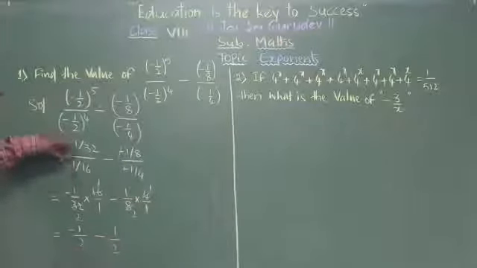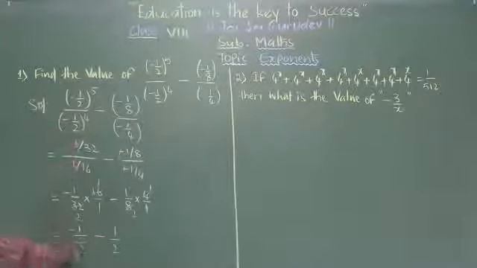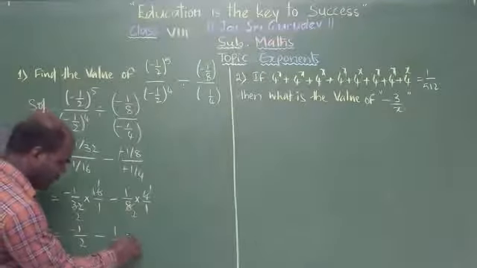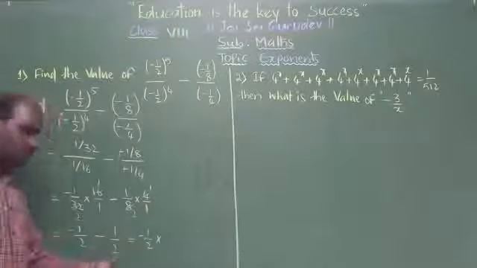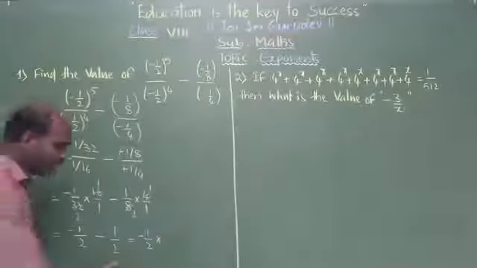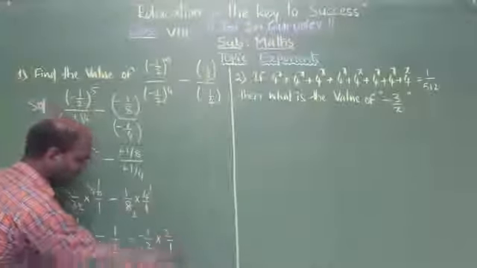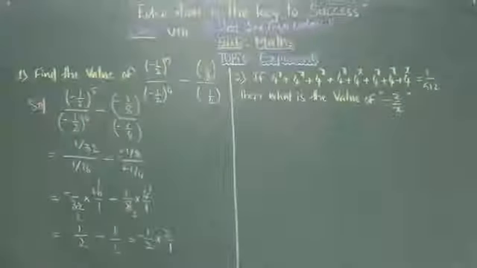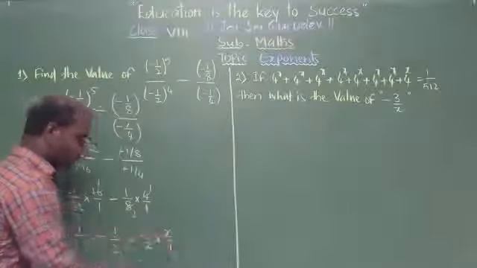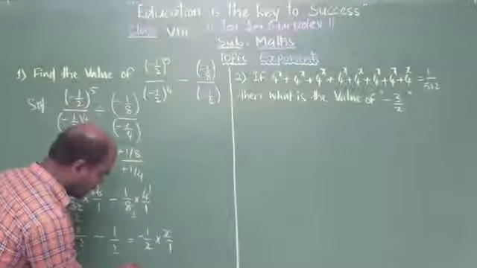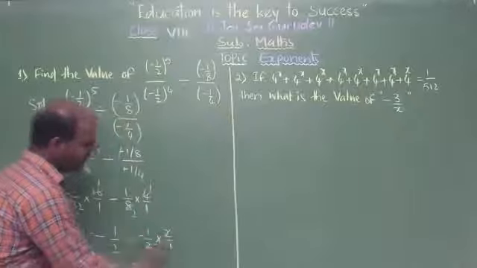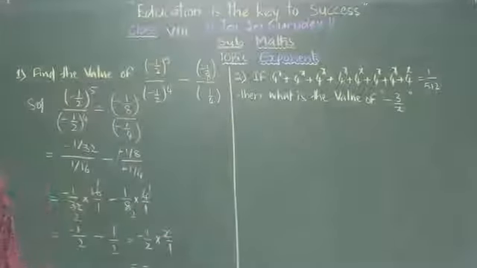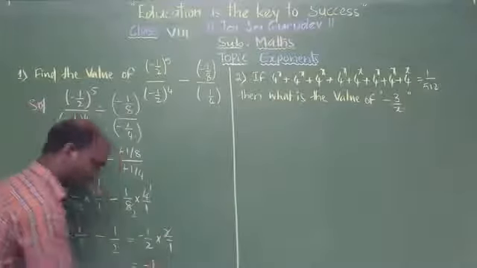So like we did before, here also we do the same, children. That equals minus 1 by 2 into the reciprocal of the second fraction, 1 by 2, which is 2 by 1. Then the 2s cancel, giving minus 1 ones are 1 divided by 1 ones are 1. So 1 by 1 becomes 1. They should understand now.